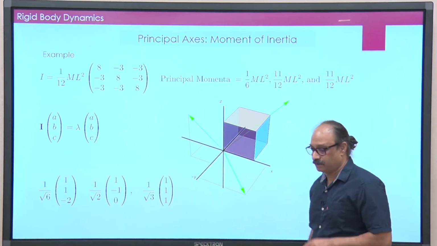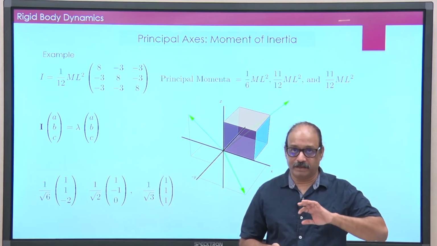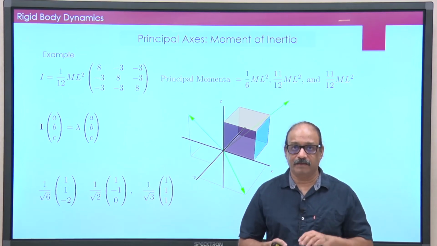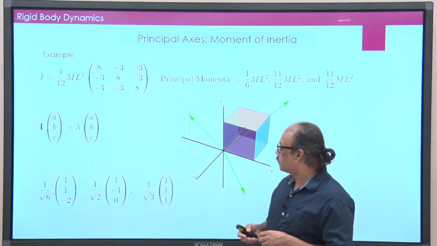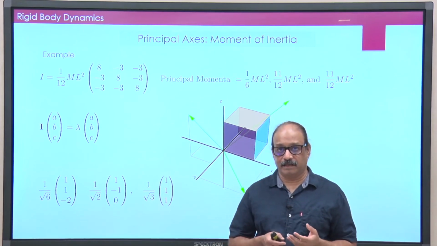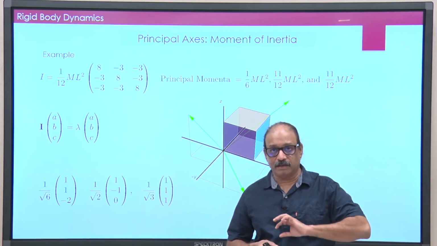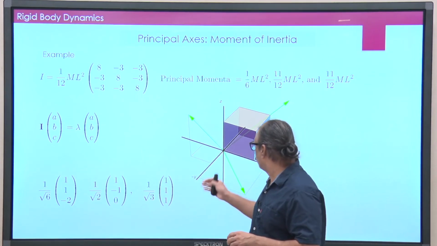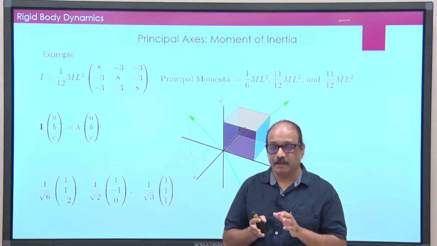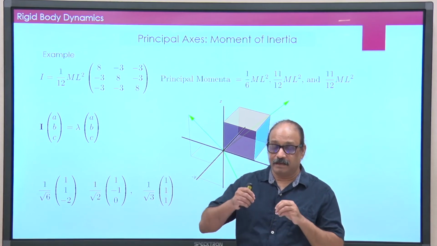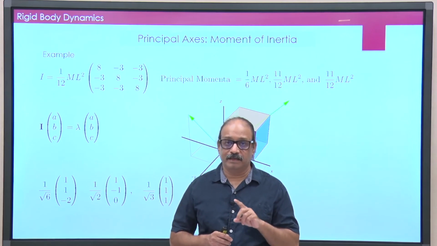Now, what does this mean? Remember we were talking about a rotating coordinate system, and when you rotate the coordinate system, the moment of inertia changes in a particular way. That is exactly the meaning of diagonalization. So, if you have a real symmetric matrix, you can make an orthogonal transformation, which means rotate these 3 coordinate axes, keeping them mutually perpendicular, in such a way that in the new coordinate system, I have only the diagonal